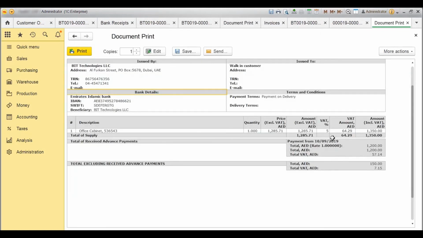You can see the prepayments created will be recorded separately here and the balance will be shown as total excluding received advance payment. You will need to provide two tax invoice documents, that is the tax invoice created on the basis of advance amount and the tax invoice which is recorded after offsetting the prepayments. It is very useful for the case where prepayments are not done in full.